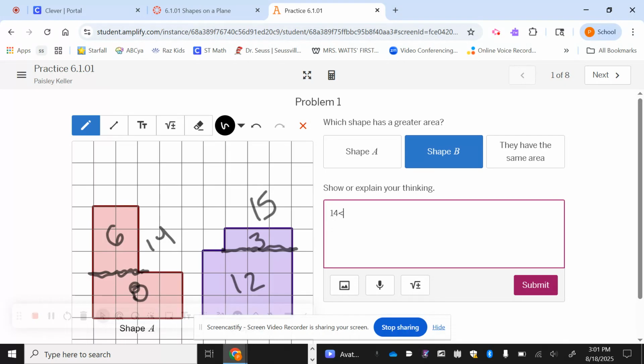Like 14 is less than 15, but you need to type in something. You can actually record your voice if you have a problem typing in the characters or anything like that ever. You can just upload your audio and explain your thinking. But then I'm going to hit submit